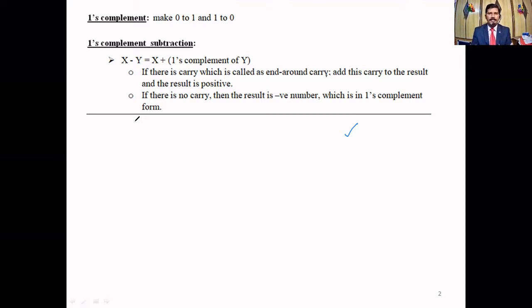If you consider the binary system, ones complement and twos complement are there. If you consider the decimal number system, nines complement and tens complement. In these lectures, we are going to see the concept of ones and twos complement in the binary system, and nines and tens complement in the decimal number system. So let us directly come to ones complement.